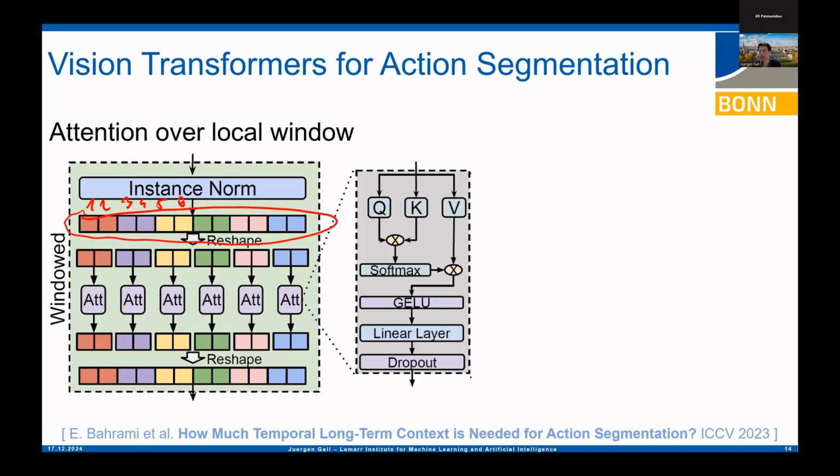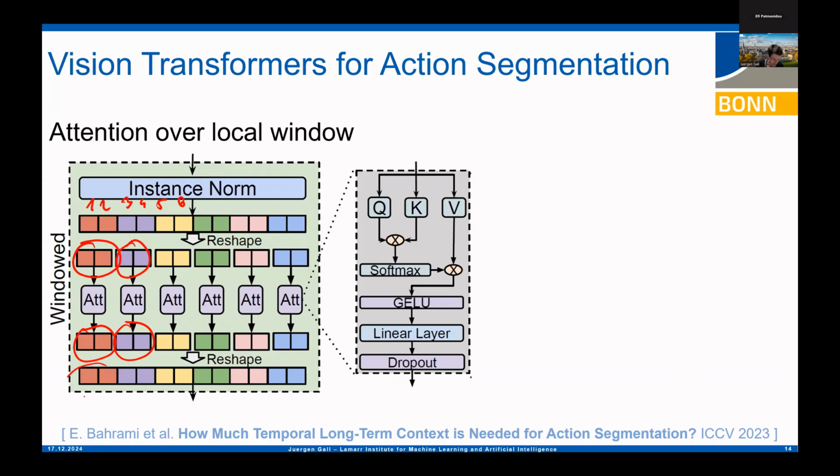Now what you do is divide your sequence into smaller parts, so-called windows, indicated here by the color. For instance, you put all the tokens of the first frames together and compute the attention between each of the frames, which gives you an update of this representation. You do the same for the other patches, for example the purple one, computing the attention and updating the features.